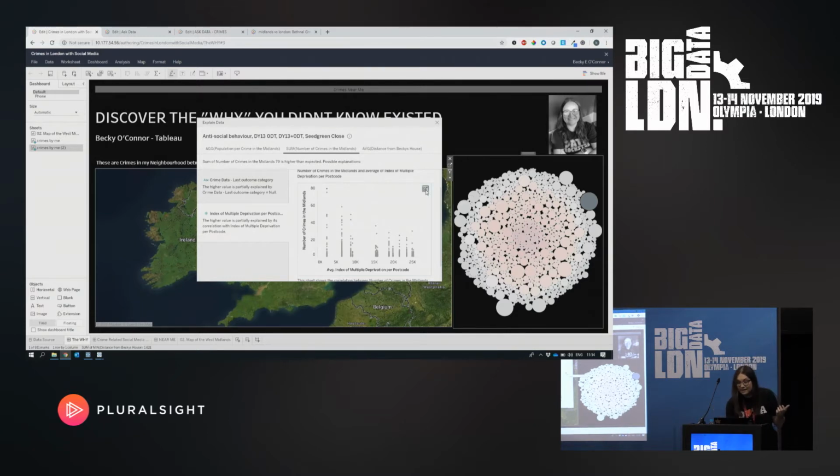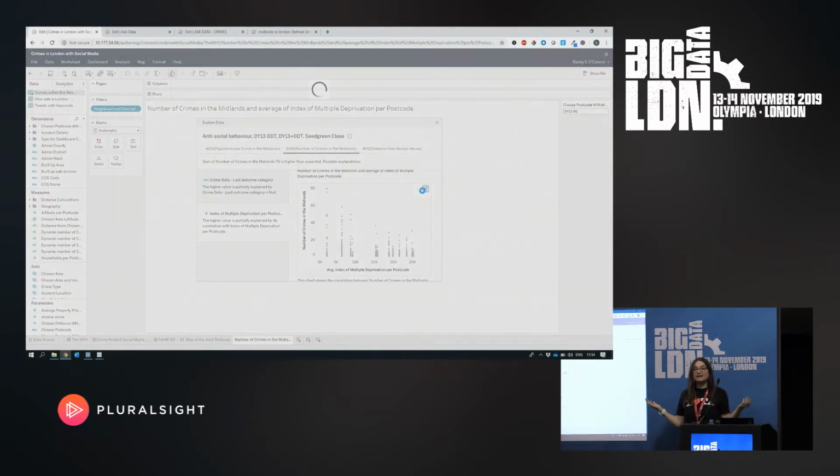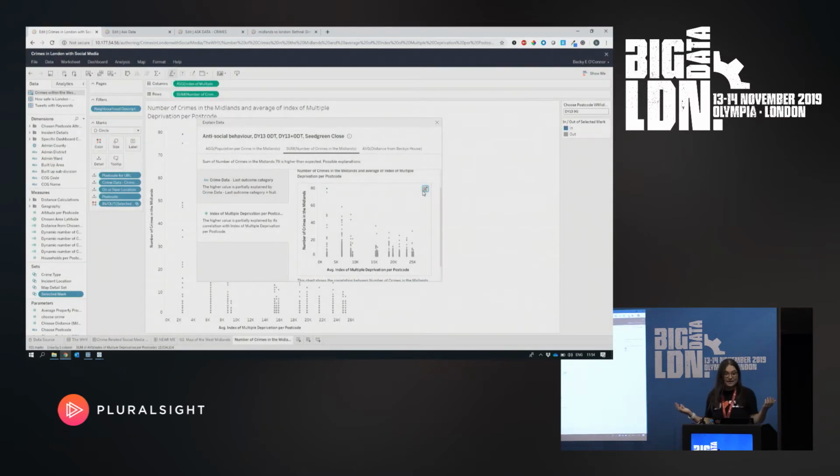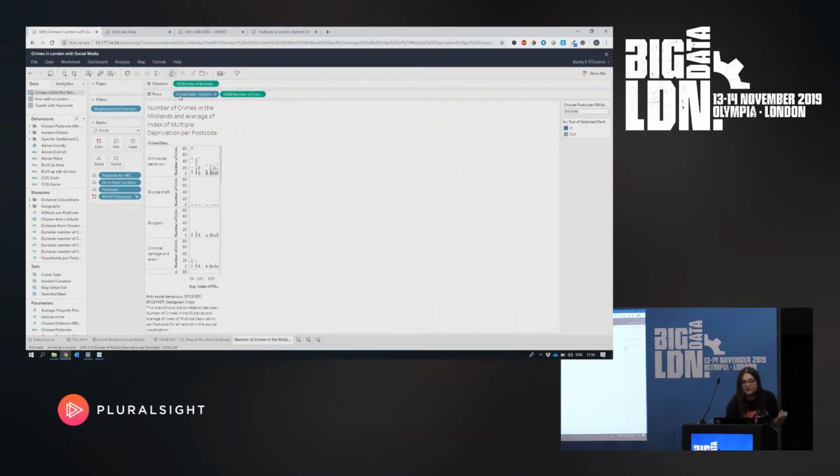And if I wanted to, I can open that visualisation that's been created for me by Tableau into a Tableau workbook, and in there I can further analyse the data. So here's the visualisation that's been created for me. If I simply move the crime type from the detail into rows, because we were looking specifically at antisocial behaviour, but let's see if there's a correlation across any other crime type,